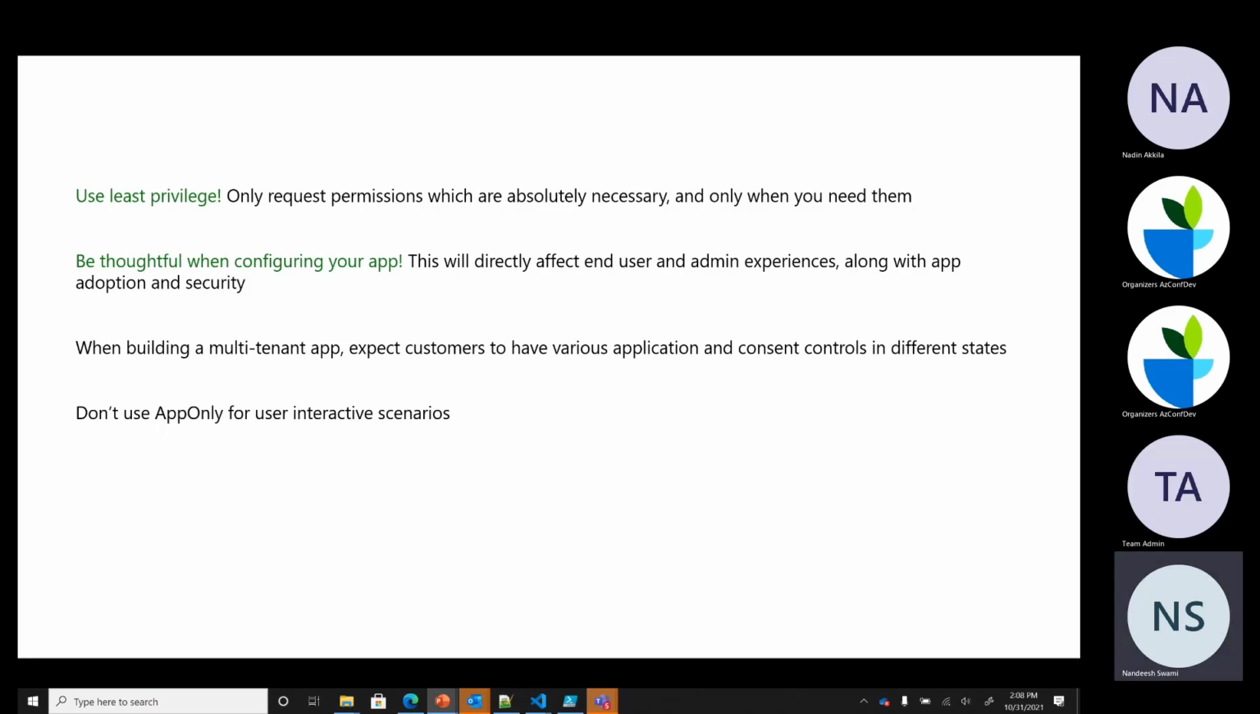And when you're building a multi-tenant app, expect customers to have various application and consent controls in different states. So that's why, as a developer, you should declare the permissions that you need beforehand and ensure that the user experience goes better. And always try to ensure it's not app-only for scenarios where you need user-interactive scenarios. I think these are the important tips that I had. Essentially, to sum it up,